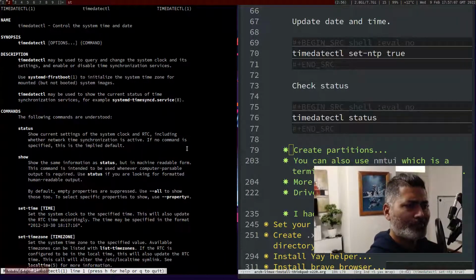Now, although when I did the installation, my time was fine. It was perfectly set up, but I noticed that my Arch Linux time was not really a couple of seconds, but in fact a couple of minutes behind the actual time, and that is something that you can't really afford in 2022 because even if you are late by 2 minutes,